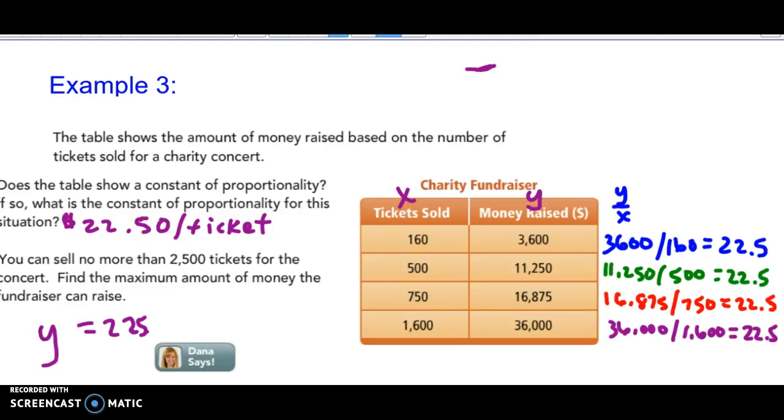I'm going to have to erase. Let's try this again. So if it's $22.50 per ticket, then I can multiply that by x, and the maximum, or I can sell no more than 2,500 tickets. So I'm going to go ahead and